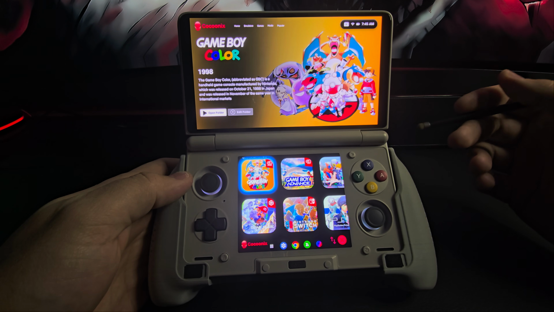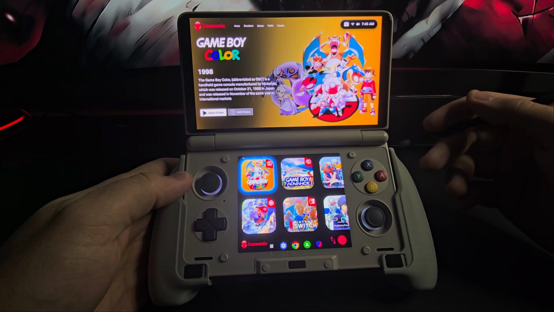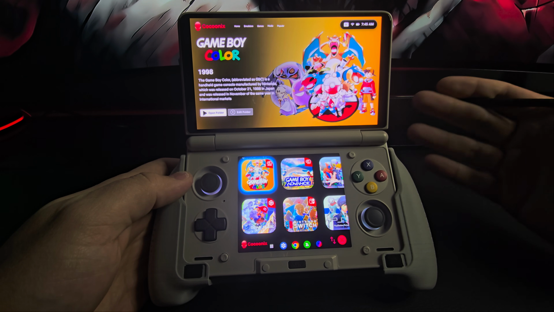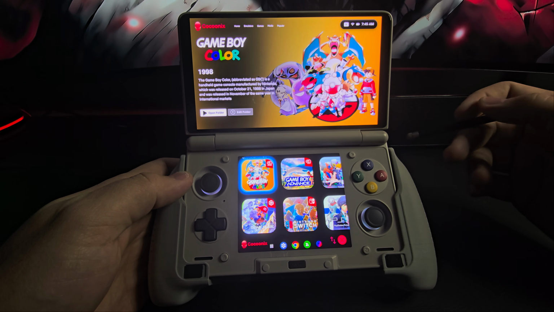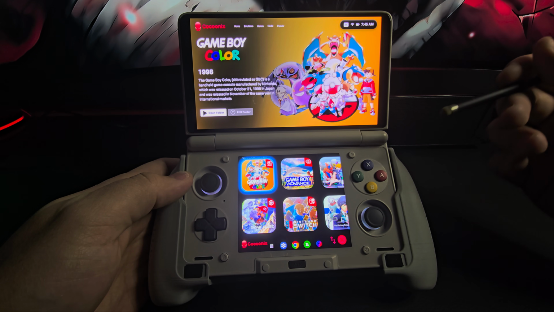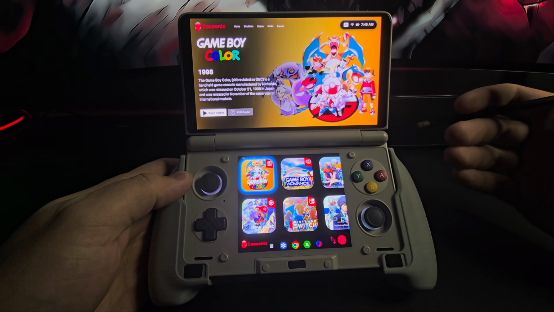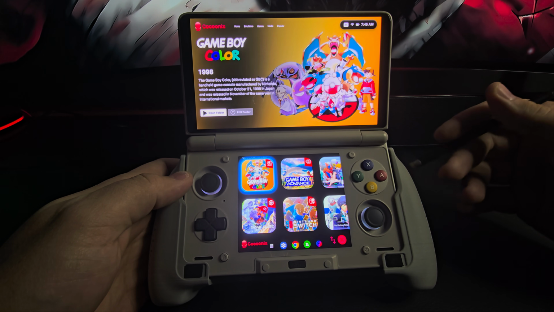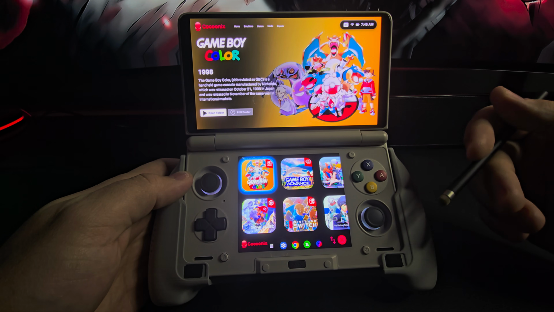In today's video, I actually wanted to showcase the new Cocoon 2.1 beta update. So I woke up this morning and saw that there was a new update for Cocoon. So I'm going to go ahead and install it with you guys for the first time here. This is going to be my first time as well. So this is going to be a quick and dirty showcase of Cocoon, the new features that they've added, and